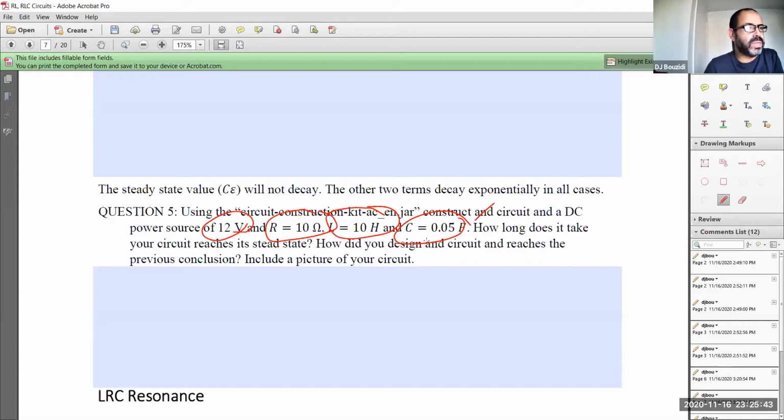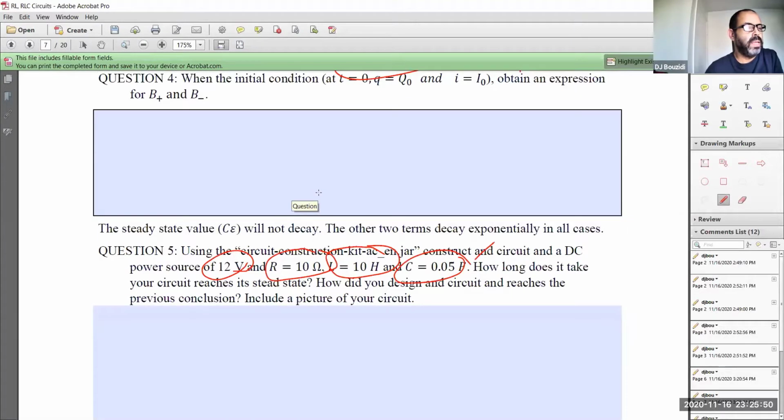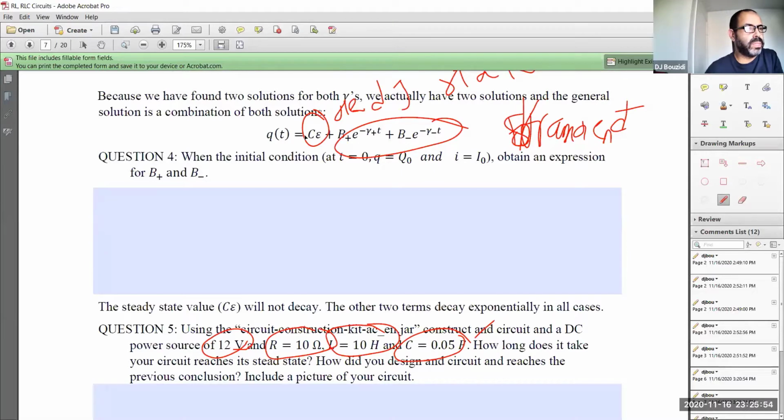How long does it take your circuit to reach its steady state? Remember, the steady state is that C times epsilon. So basically, C is equal to, in this case, 0.05, and epsilon is 12. So multiply 12 by